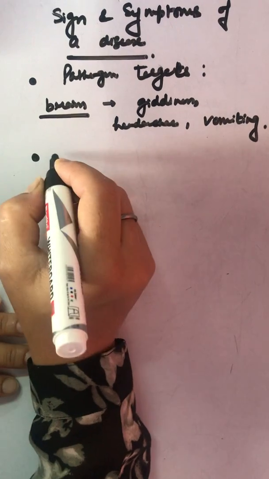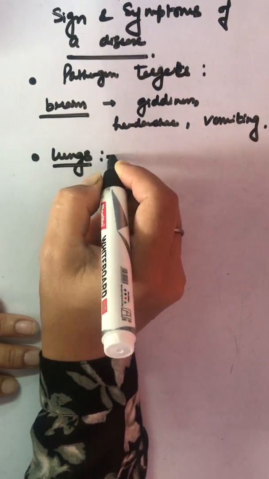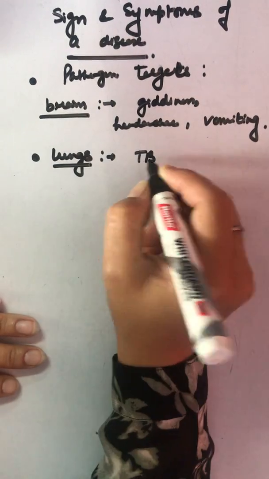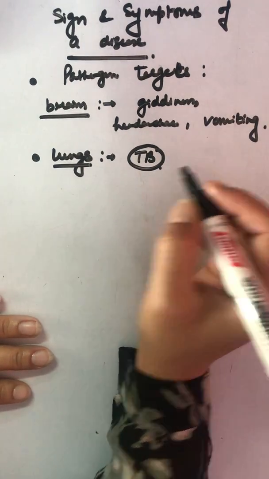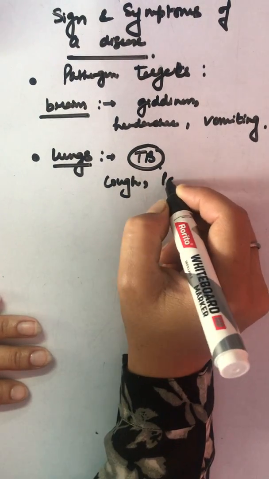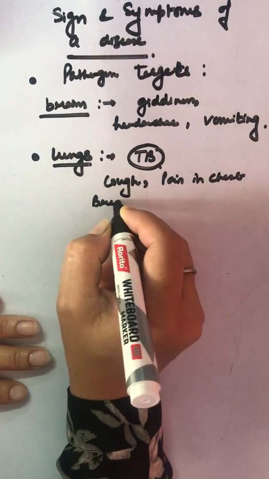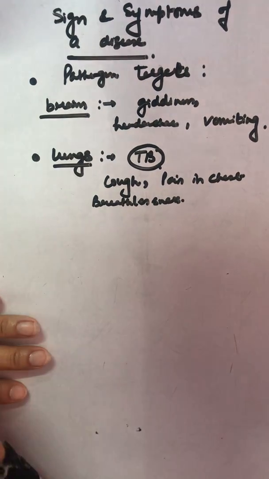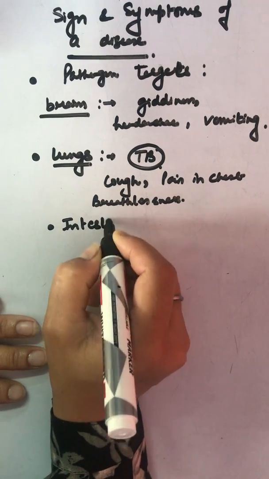If the pathogen targets the lungs, then it may lead to TB, tuberculosis. In case of tuberculosis, I am taking an example of the disease. It may cause cough, it may cause pain in the chest, and it may cause breathlessness. Alright, if it attacks the intestine region,